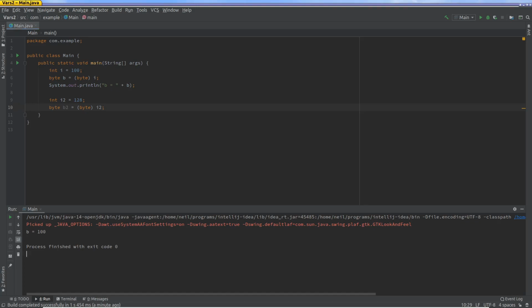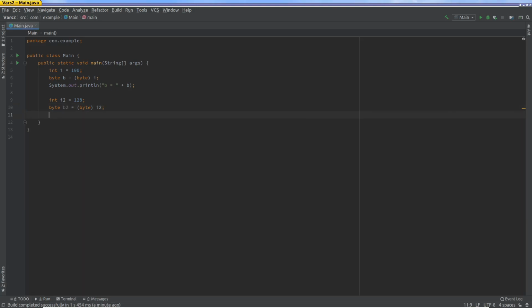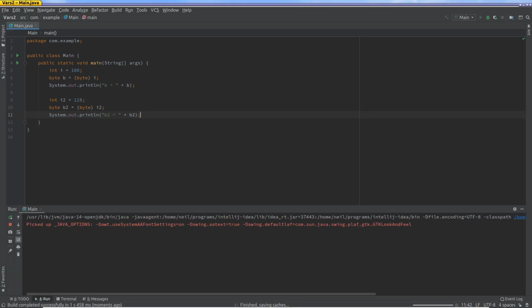So what we're going to do is, let me hide the console window. I'm going to try to print this out and see what value we get for B2. And it's going to be weird, so watch for that. Now, if you notice down here, B2 has the value -128. It doesn't have a 0 or anything else you may have expected, but it has a value of -128, even though you've assigned it a value of +128.